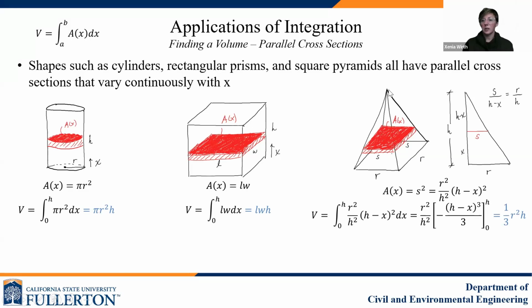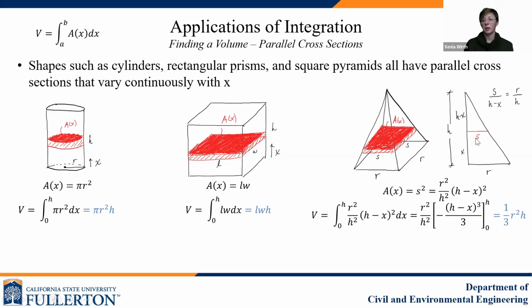It gets a little more challenging when we talk about our square pyramid, because in this case, the side lengths of the square that make up the base of the pyramid change with height. So in this case, we don't have an area that is constant with x. This area is actually changing. So we need to describe the side lengths of this square in terms of the variables that are either constant, such as height, or the base length of the square, which is r and r, and x, because it is changing with x. To do this, we set up a series of similar triangles here,